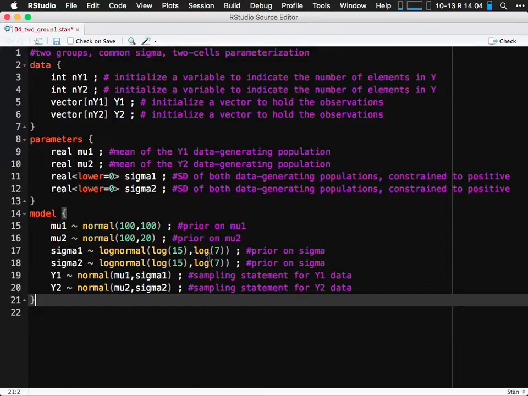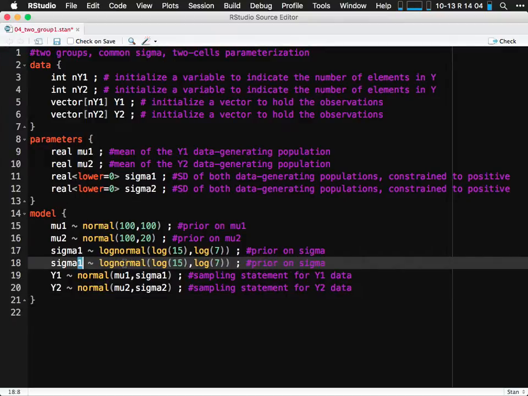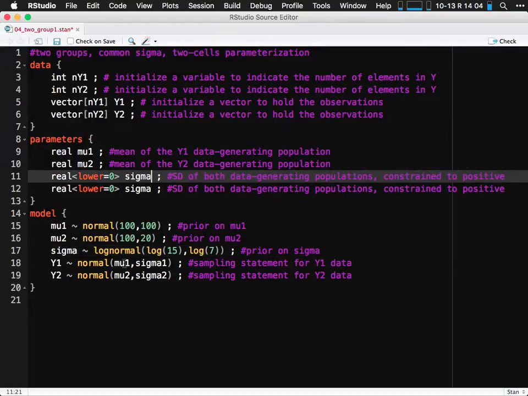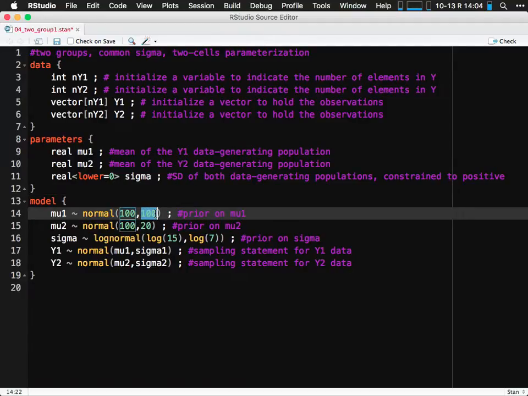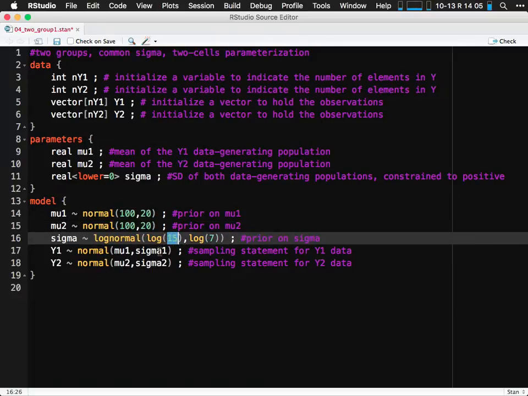Okay, so I just want to make sure I understand. With the original example you have with only the one sigma, we have two groups. We're pretty sure that the mean is going to be around 100. We're not really sure it's going to be around 100 for group 1, but we're pretty sure for group 2. It's probably a rare scenario. We don't know what the standard deviation is for both groups, but we're pretty sure that they have the same standard deviation. Yes, in fact,